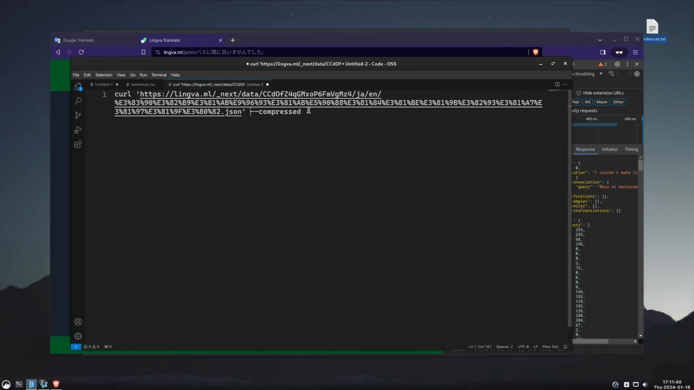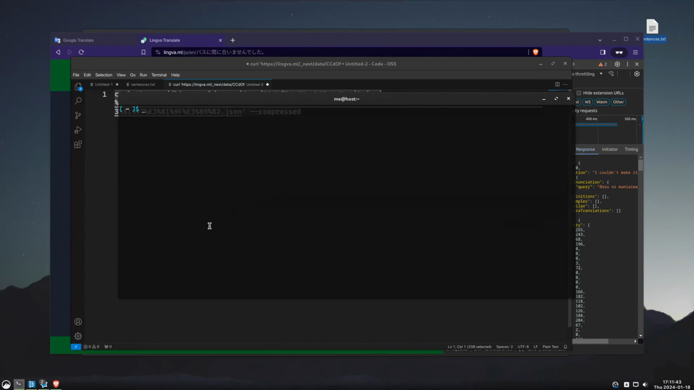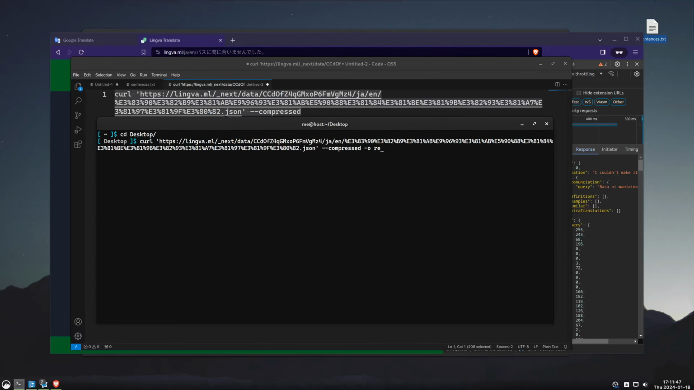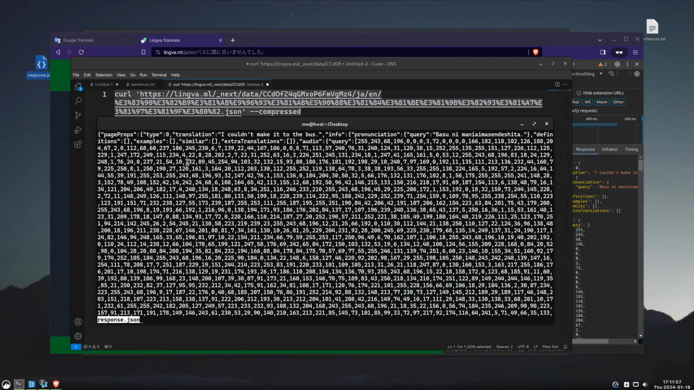So there it is. I can take this command and let's go to desktop, and I'll save that as a response.json. And I can, for example, use less to view the response. So here it is, same as in the browser. It has page props, which has the translation,